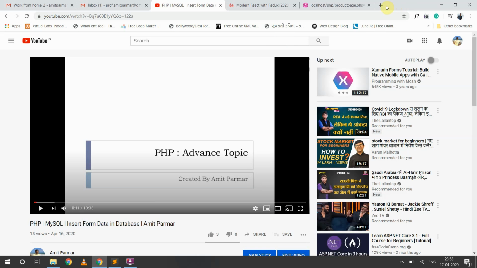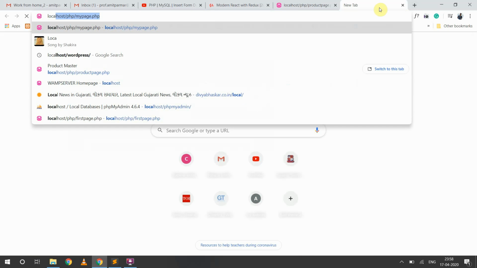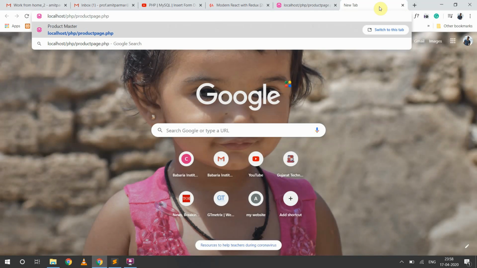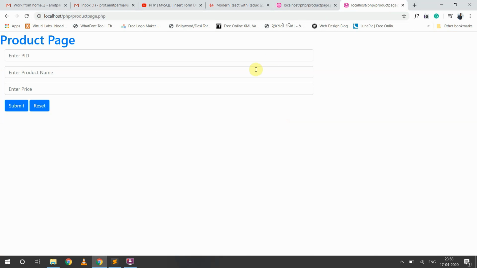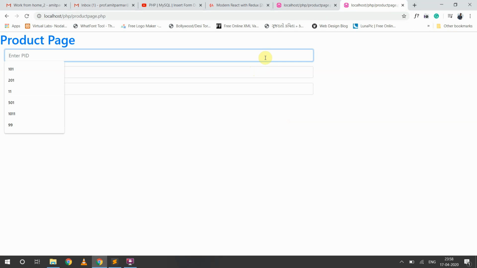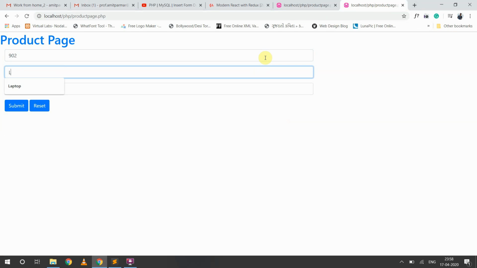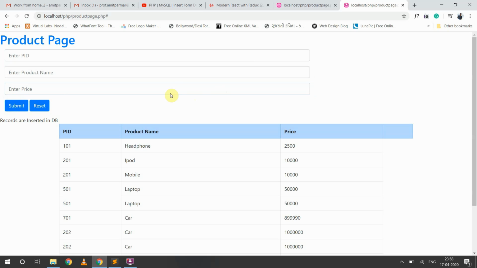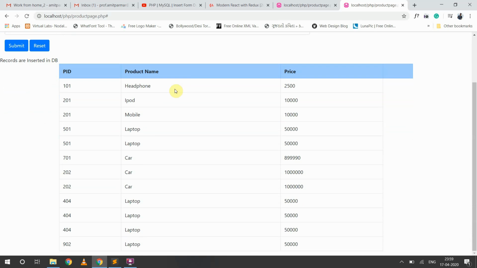So here, localhost, product page. If we see, this is the HTML form. Let me add one record here. Let's say laptop. Then if I submit, you will be able to see that on successful insertion of the record,